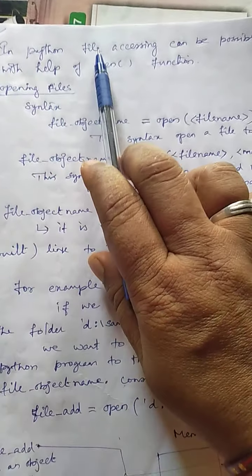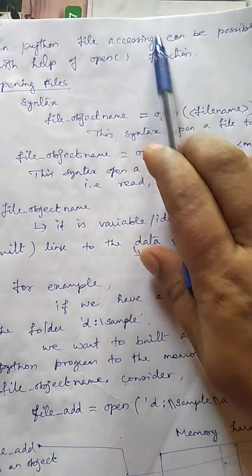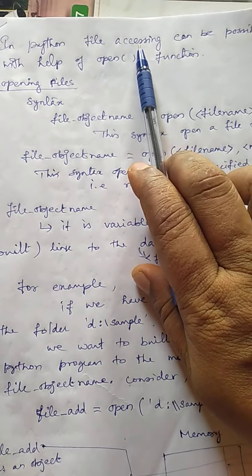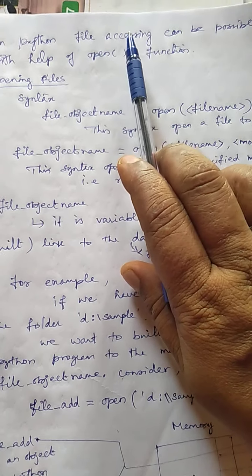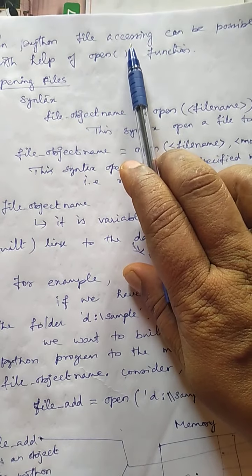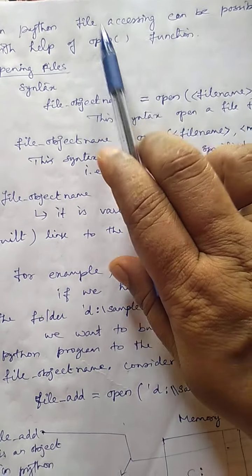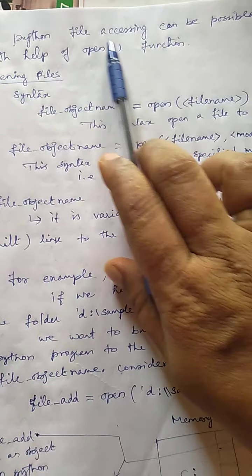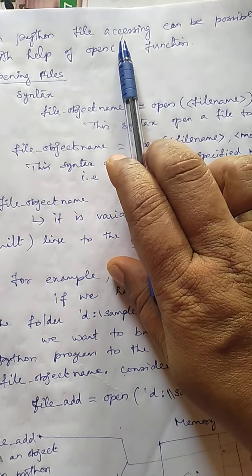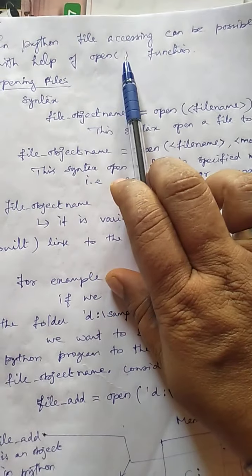Now we can see what is the use of this open function. The Python data file has to be accessed. What does accessing mean? Reading a file, writing a file, deleting a file, modifying a file. These processes are collectively called accessing. File access refers to the fact that we can store content, we can read the content already stored, and we can modify the content which is stored already. So these three collective processes are called file accessing. This is possible with the help of the open function.